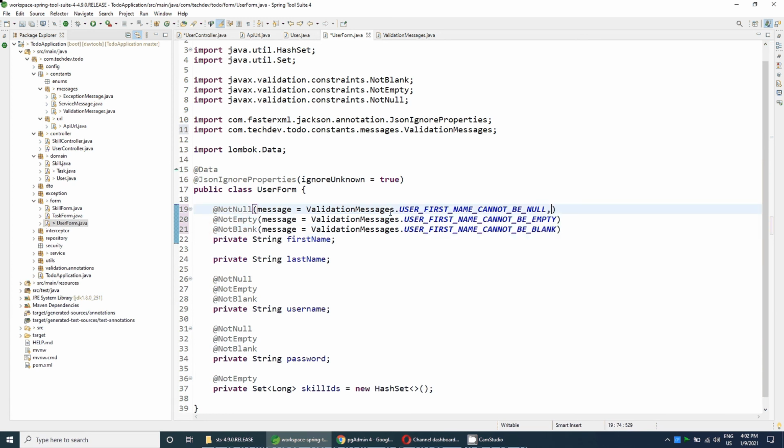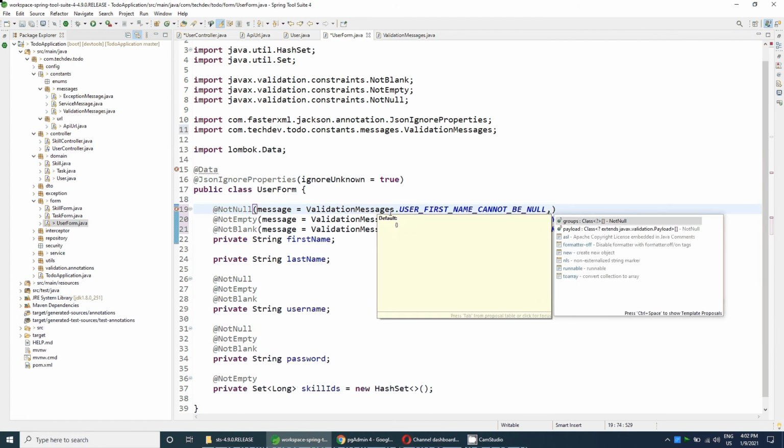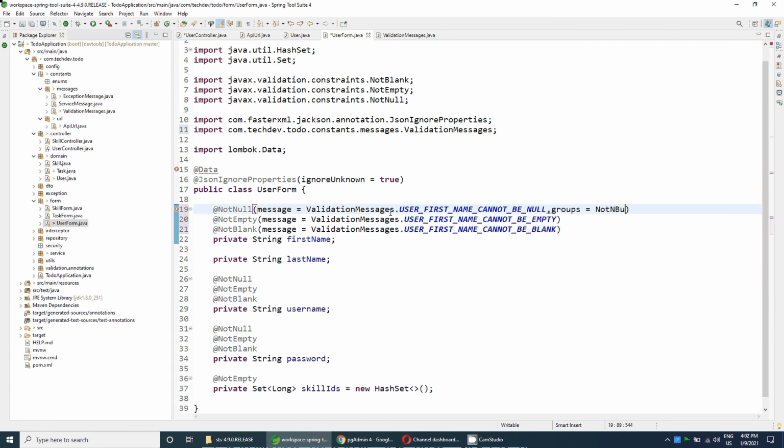And we definitely need to add the group, so the not null group will be given here.